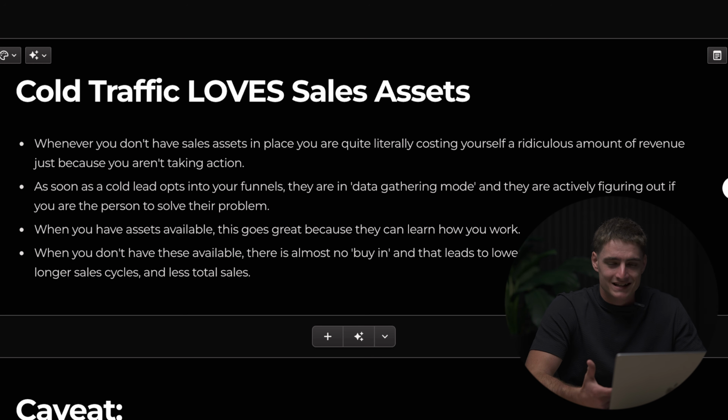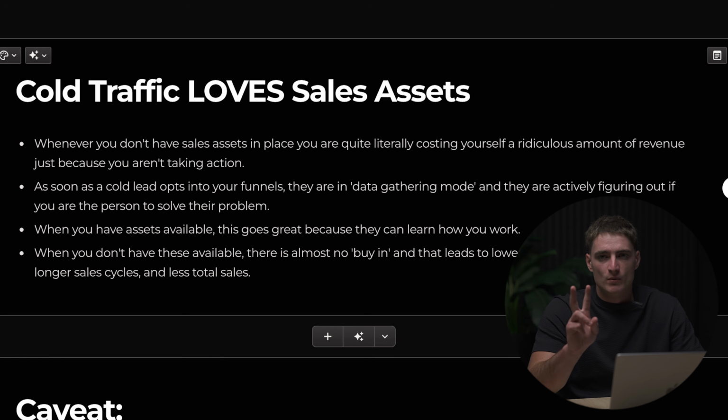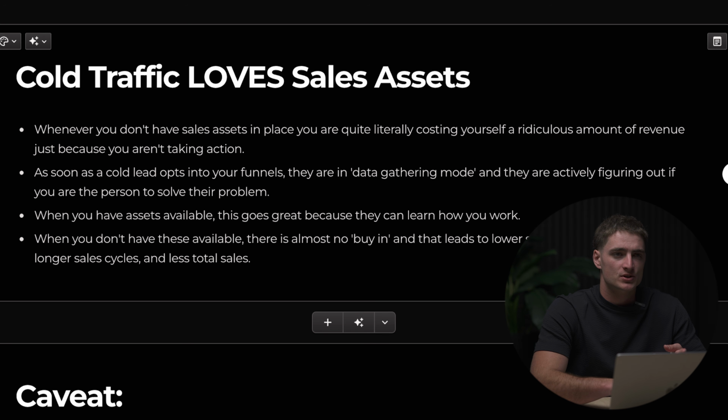And when you have the right assets available, this does great, because you just basically give them that information on a silver platter. When you don't have these, it's absolutely terrible, and there's almost no buy-in from the leads that end up showing up to the calls, which leads to things like a low show rate, lower intent on the calls, longer sales cycle, and a lot of your sales calls essentially turning into education sessions rather than a sales